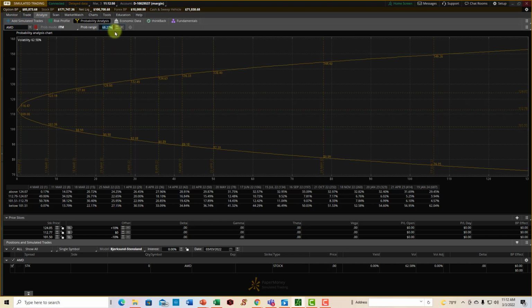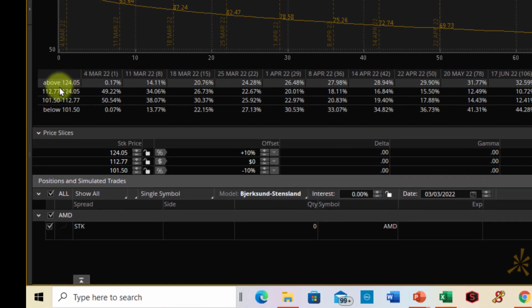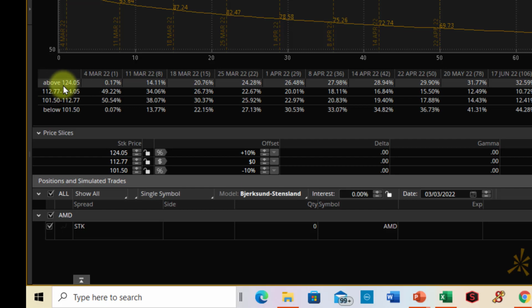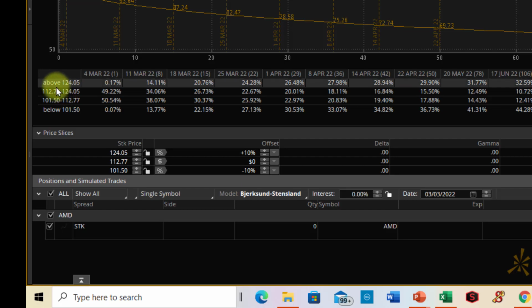That's one standard deviation. In the presentation, I was using 2 standard deviations, so we could maybe go to 95%. And what's going to happen is that this cone's going to get wider. But the thing that you want to see is here. Take a look. What's the probability that the stock gets above this number? Now, I've set it to where it's plus or minus 10% from the current stock price. There's a lot of different settings in Thinkorswim that we could do. We could even pick our own numbers. But if we're looking at plus 10%, look what happens to the percentages.